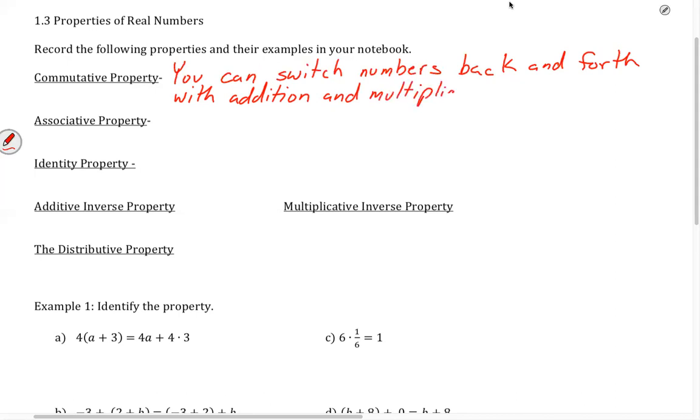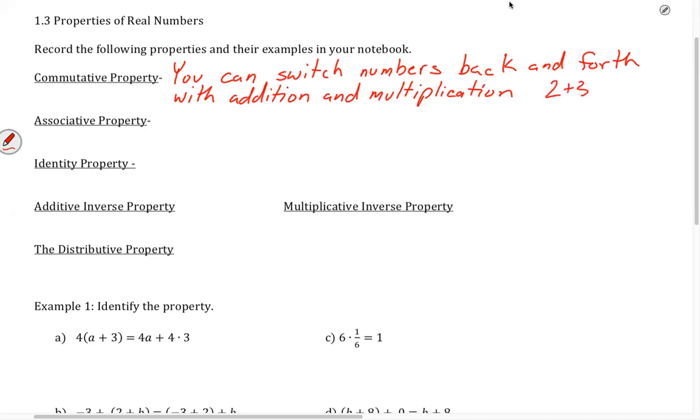multiplication. So just so you know, I don't like using formal math definitions because they mean nothing to you guys. So I like using definitions that mean something. So the commutative property means you can switch numbers back and forth when you're talking about addition and multiplication. So in essence, order doesn't really matter, meaning